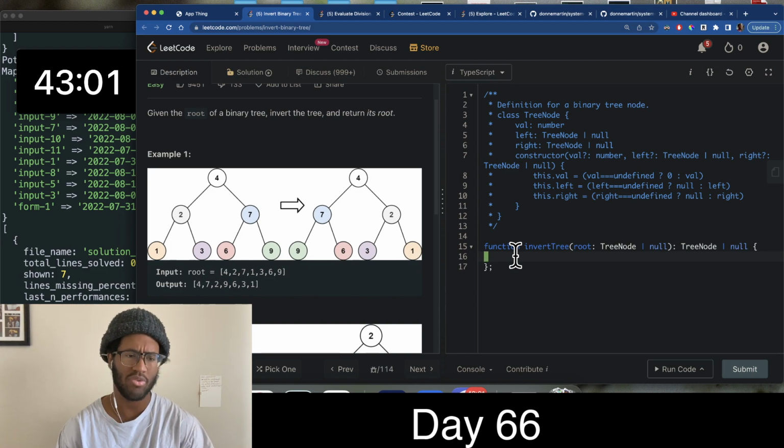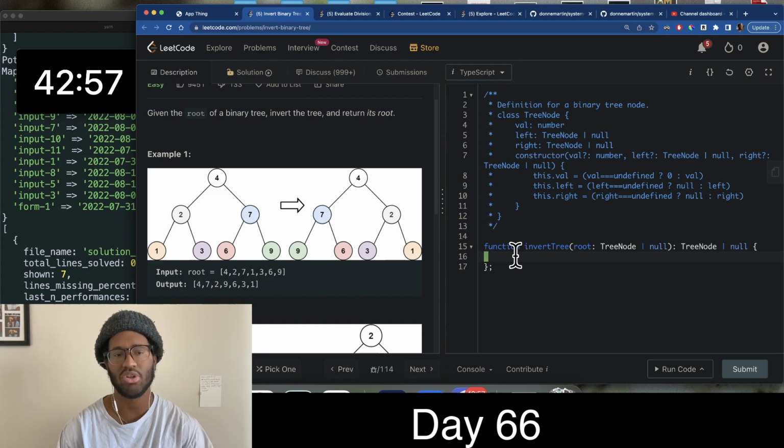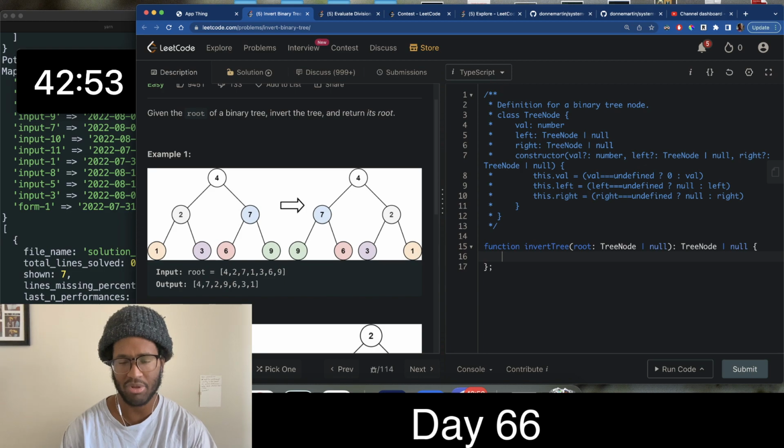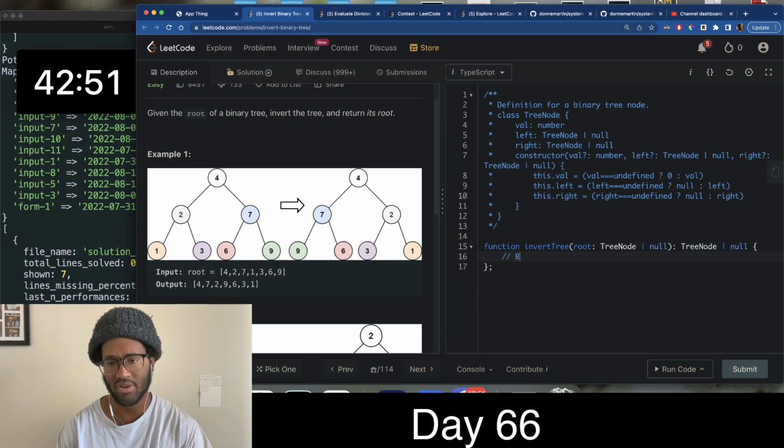So we'd have 4 on the queue, right? We'd swap its nodes and then push its children on, then swap its children, push its children on, right? So I think that could be a method to solve it. So we'll just do a BFS, swapping children nodes per node,